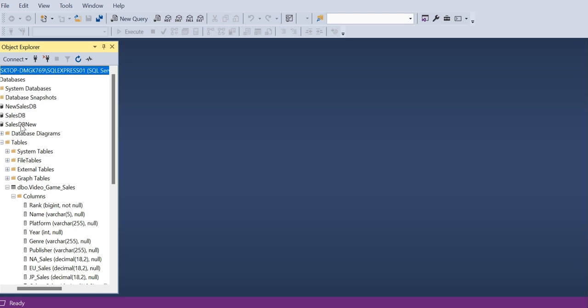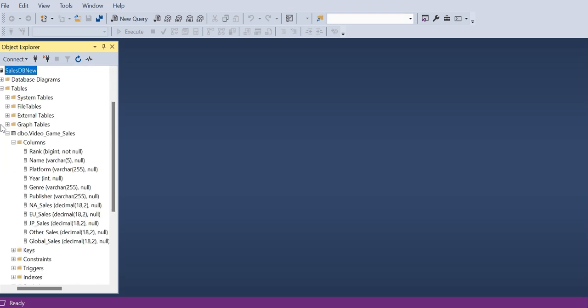Alright then, the goal is now to connect to the new sales DB data, and after expanding this you will see the database here, and there is a table, video game sales. Let's preview the data. You can see a number of columns there.